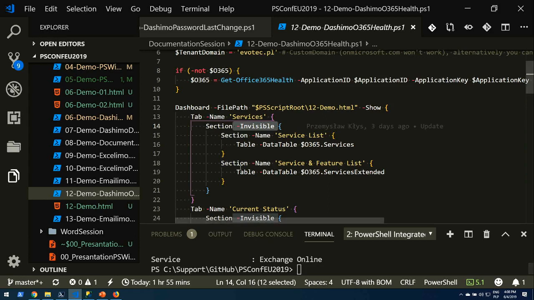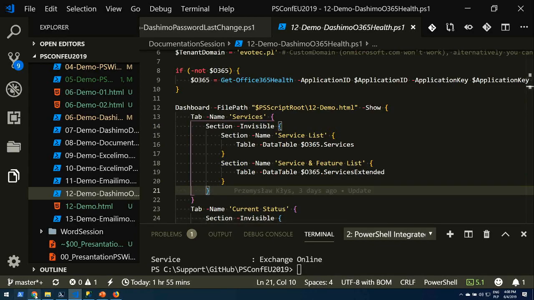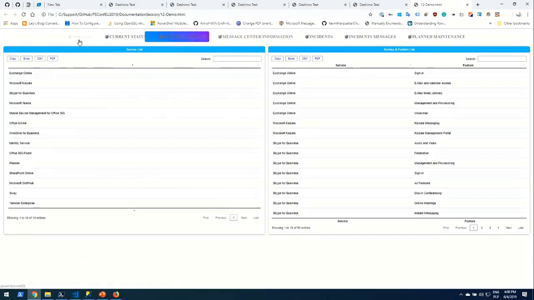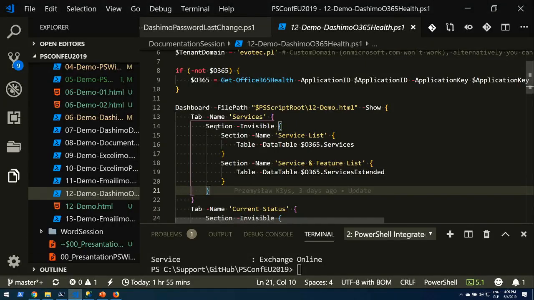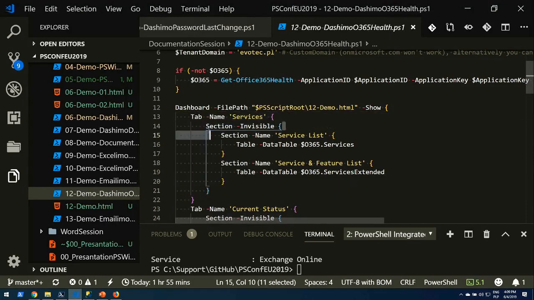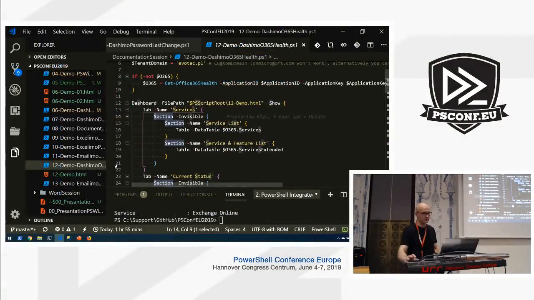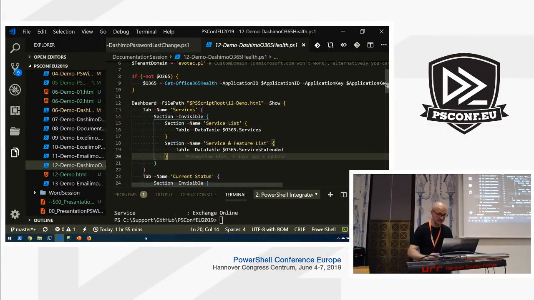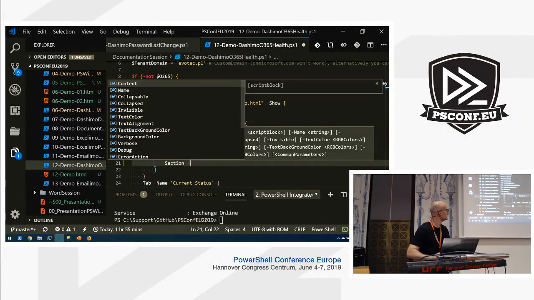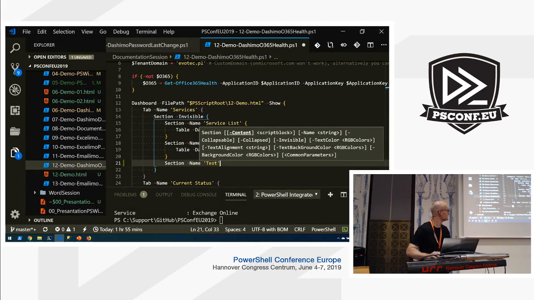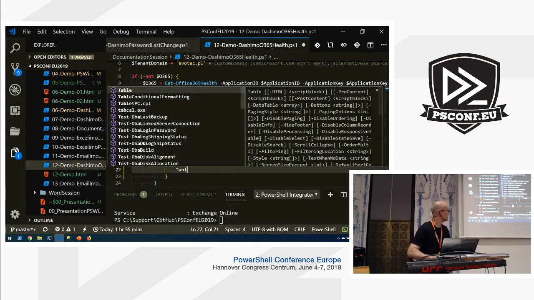So we have one section, one tab, and this is how it works. So we have an invisible section that makes sure that anything we put here, we can actually go ahead and add a section name test, and then put a table,